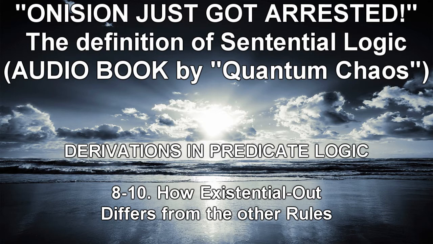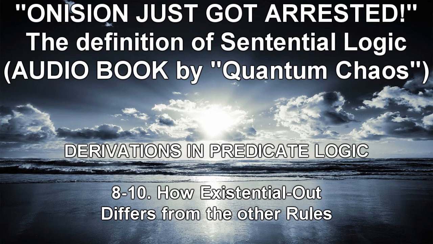The same can be said for every inference rule of predicate logic and sentential logic. Specifically, every inference rule corresponds to a valid argument. In each case we derive the conclusion simply by appealing to the rule in question. But what about ∃O? Does it correspond to a valid argument? Earlier, I mentioned that, although the notation makes it look like ∃O is an inference rule, it is not really one, but is rather an assumption rule, much like the assumption rules associated with CD and ID. Why is it not a true inference rule? The answer is that it does not correspond to a valid argument in predicate logic.